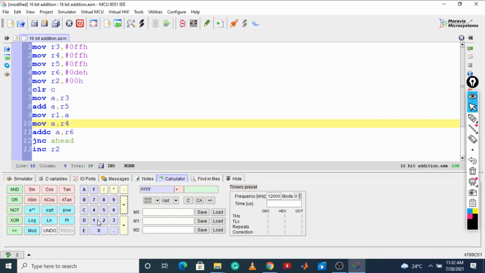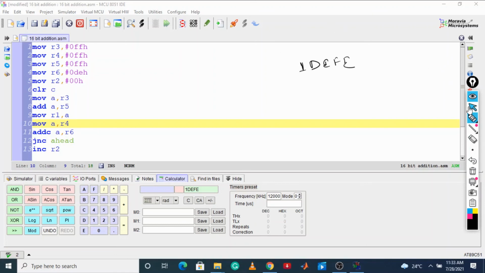Now DE, so write D and E, and the second 8 bits are FF. This is the calculation that we did, and if you press equal, you are going to get 1DEFE. Now what is the answer? Let me write the answer. That 1DEFE is the answer that we got.